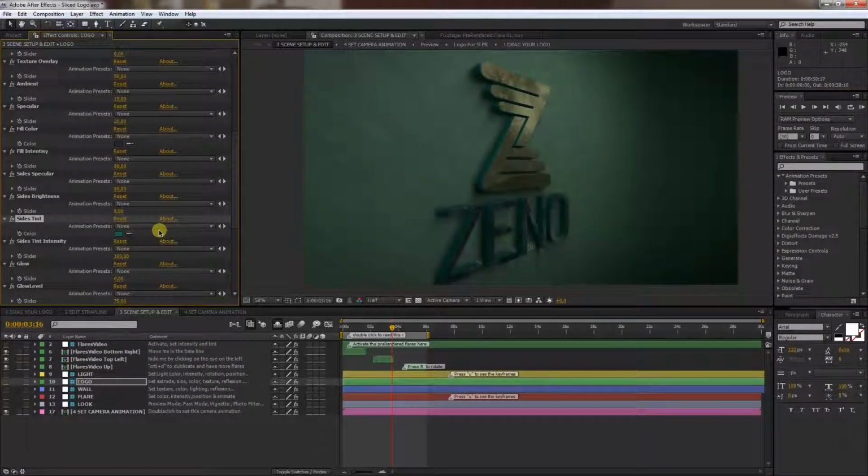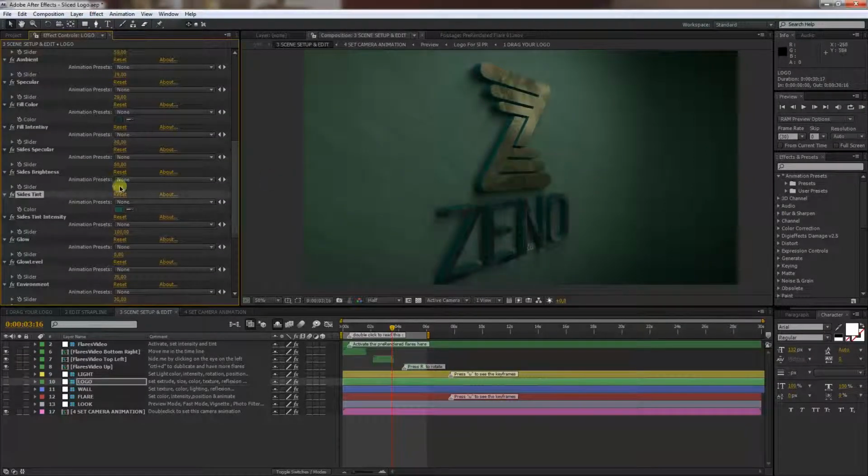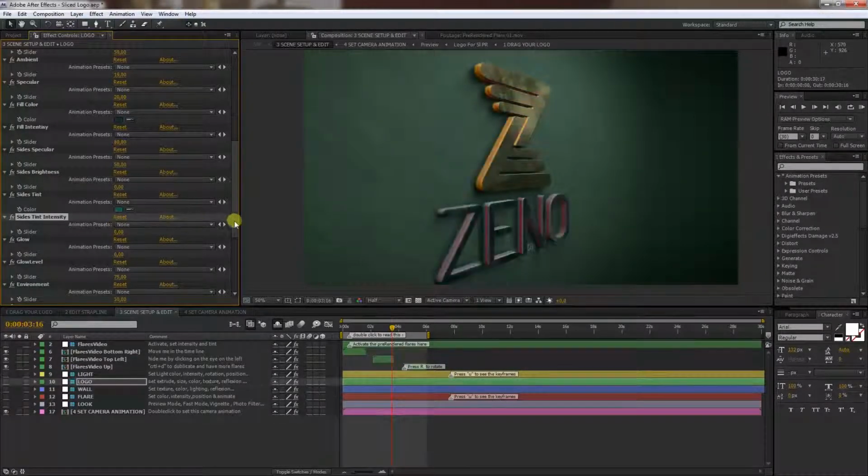Okay, not bad. And beware, just by changing the tint of the sides, you will change the tint also of the middle extrude. So just know this, and let's go back to fill intensity to 0